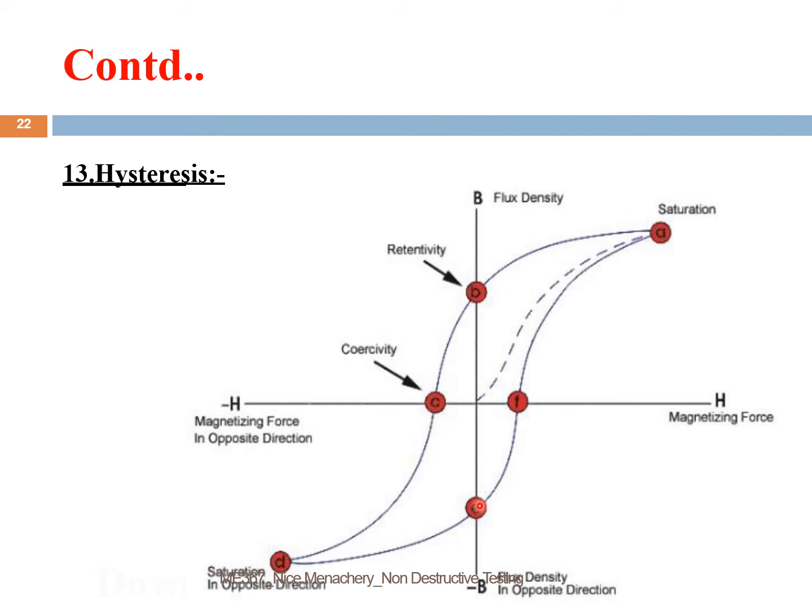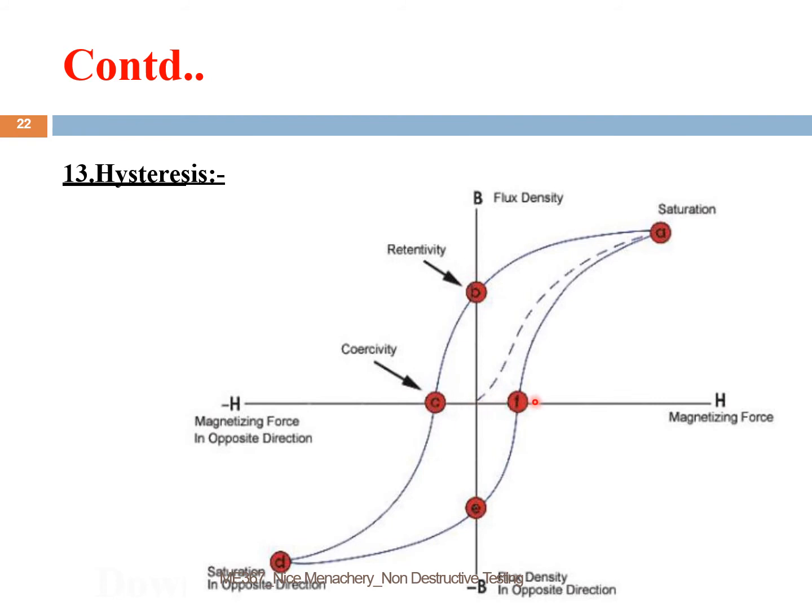And again, the magnetizing force is increased in the positive direction. So when the magnetizing force is increased in the positive direction, the flux density will decrease and will reach the value 0. So the magnetizing force applied, the value from 0 to H, is actually the magnetizing force that is to be applied so that the flux density of the material or the magnetism developed in the material is 0. That is, the value of H that is required to remove the residual magnetism. This is the coercivity in the positive direction. Now it won't go to the origin because of the residual magnetism, F will not coincide with the origin, but F will remain as such.